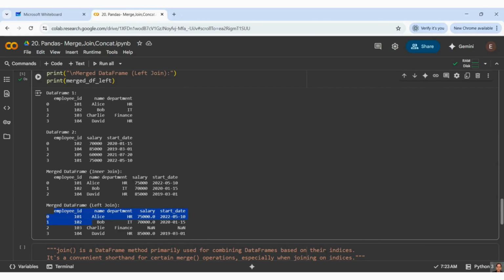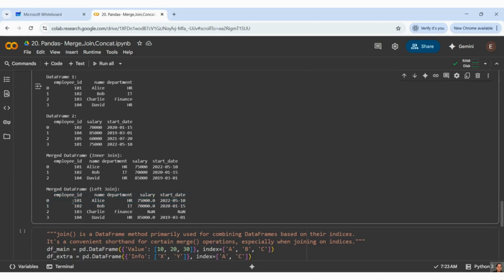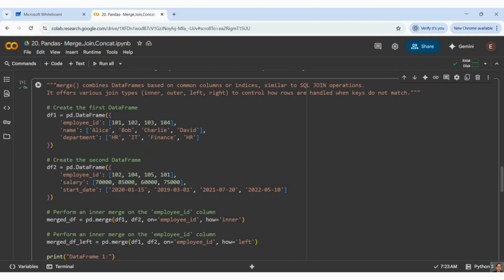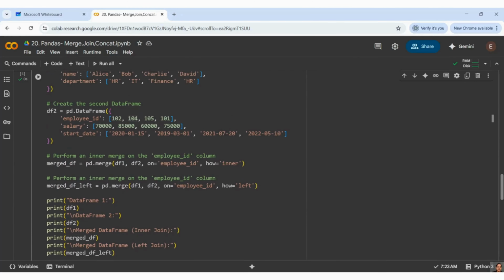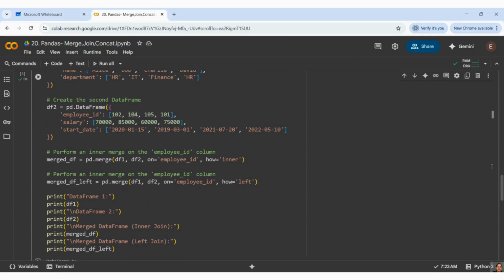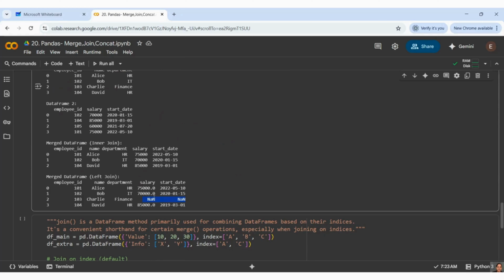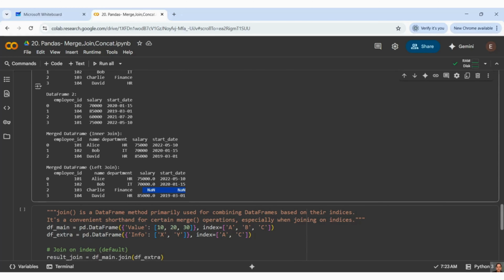So you can see here, it has taken all details of the left table, like 100, 200, 300, and 400. These are the four rows we have, and it has taken them all. However, when it comes to the right table, in case of 104, it is saying that, okay, I don't have any details about salary and start date in the second table. And it gave me a name for that employee, right?